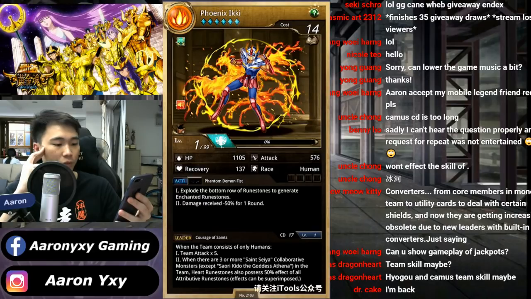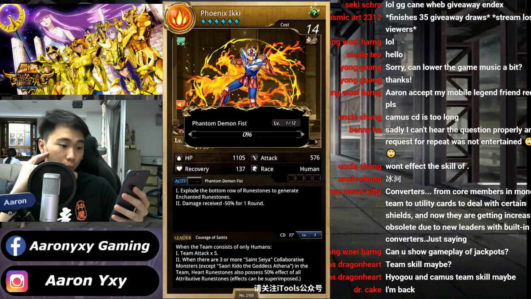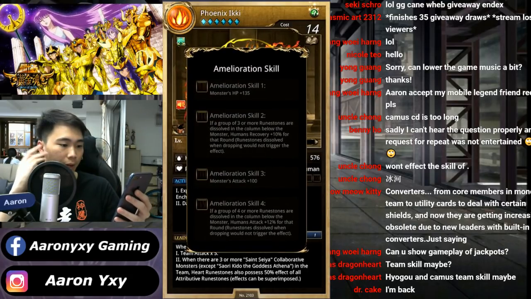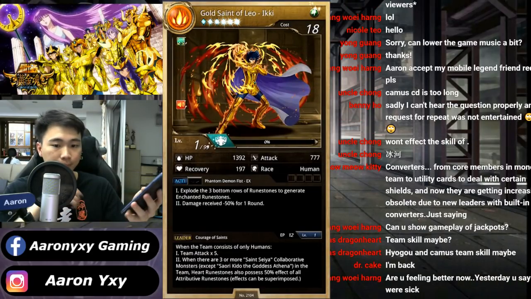Right? Effect number 2, damage received -50% for 1 round. That's fine, provided the CD is low. I believe it's gonna be either CD5 or CD6, which is relatively okay. Alright, and then amelioration is also recovery attack. Okay, so upon converting,